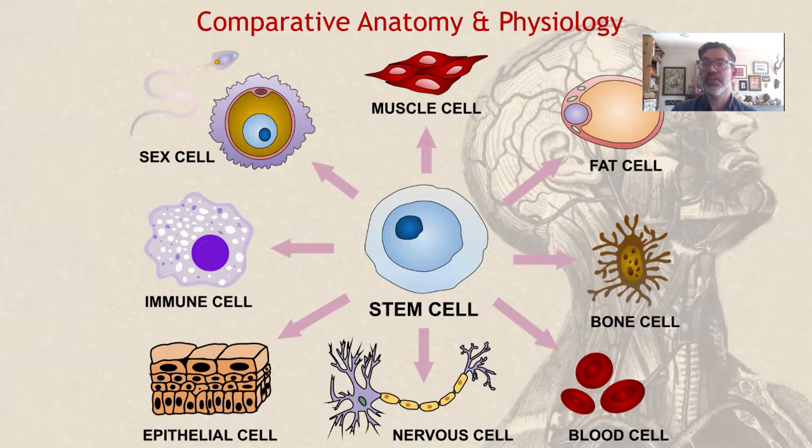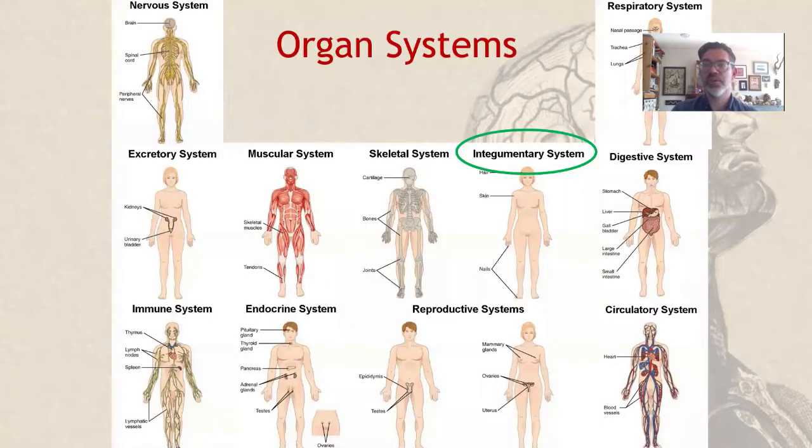Research using stem cells has given us a better understanding of many diseases, taught us how we can regrow cells and even organs, and given us a way to test new drugs faster and more efficiently. Treatments for Parkinson's disease and Huntington's disease have been derived from stem cell research. This lecture will focus on the integumentary system, also known as the skin. Subsequent lectures will cover most of the other 10 systems. Let's begin by examining what the skin is and how it is used.